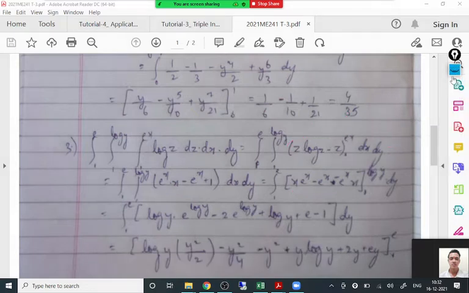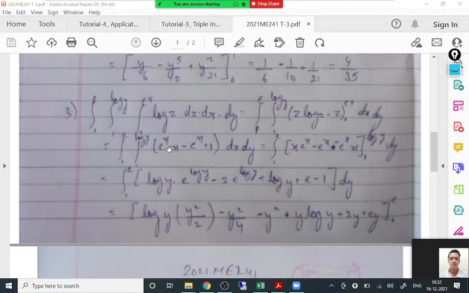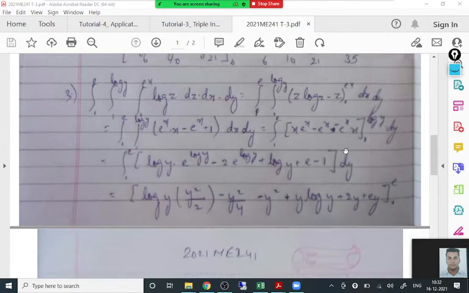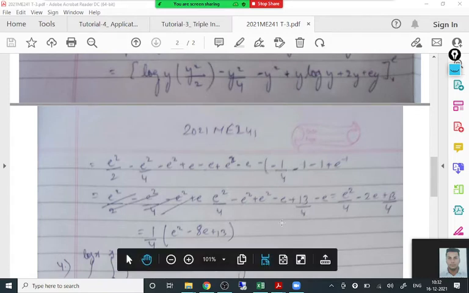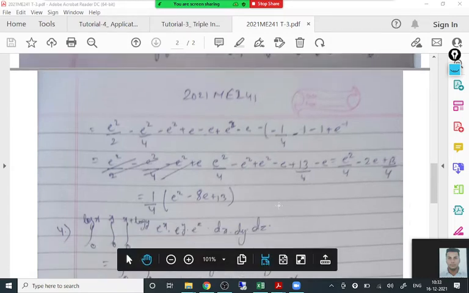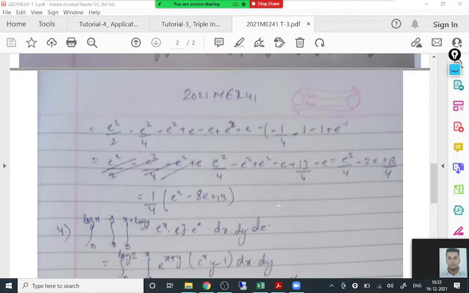Okay, so not a problem, but yeah. Important thing, you have to use by parts in the first term. The integral of e raised to x with respect to x is e raised to x as it is, and I think plus x is missing. The plus sign is missing here. Okay, this plus x is there, and then you replace the upper and lower limits. Again, integrate, simplify. The final answer he managed again to get correct, or probably he did it correctly and by mistake forgot to write that plus sign there. So the answer is 1 by 4 e square minus 8e plus 13. So that's about the third part of the question.